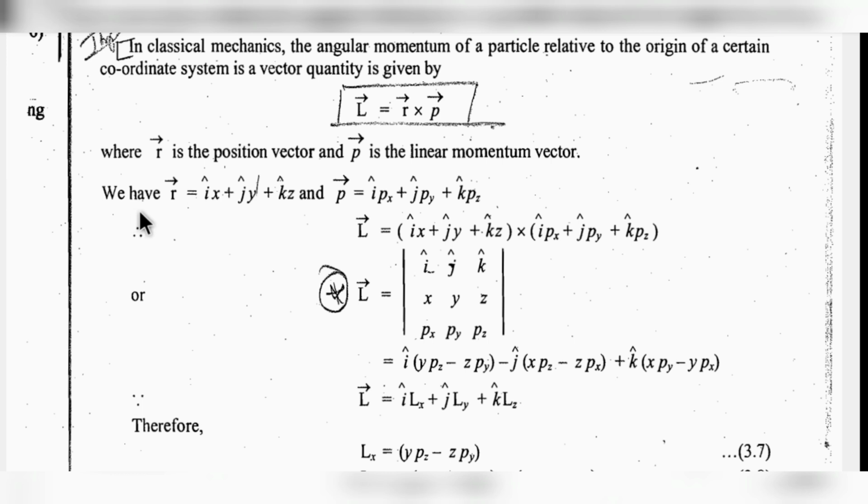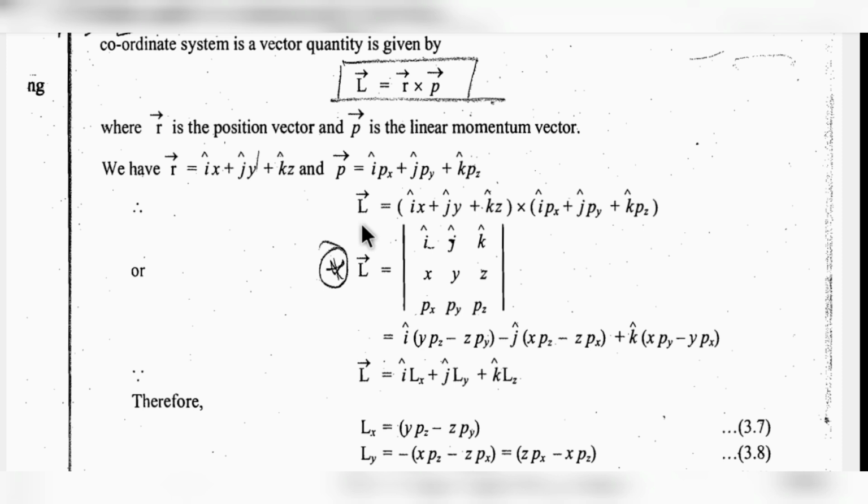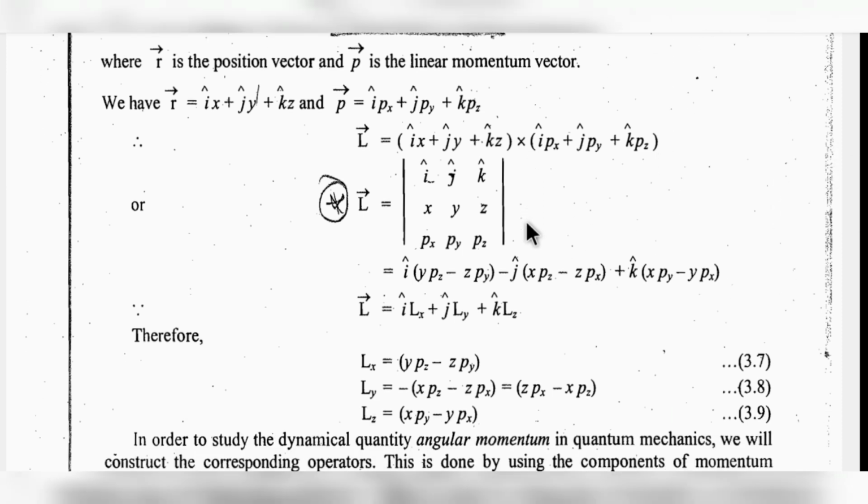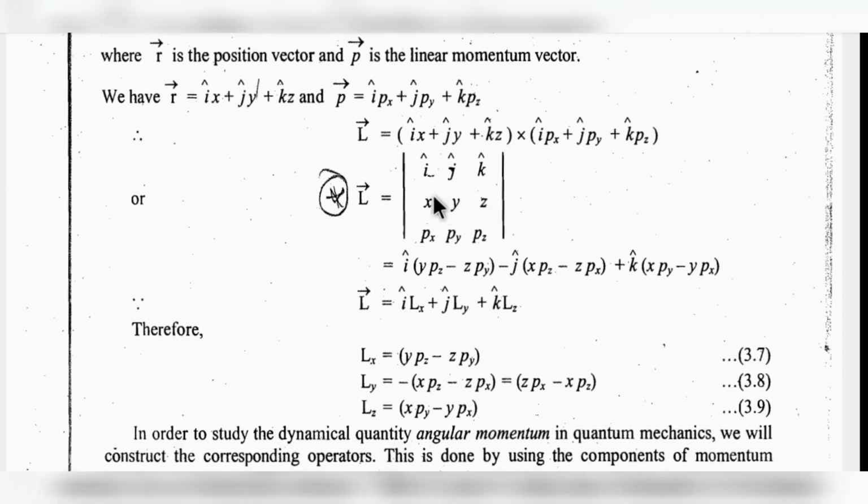Now we put these values of r and p in the formula of angular momentum. We have L equal to these values. In the equation of angular momentum, we have to find the cross product. The method of finding the cross product is that